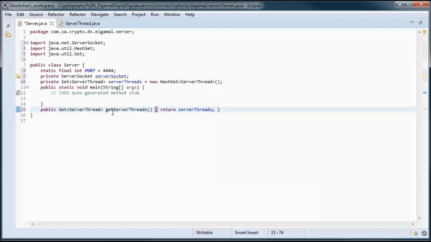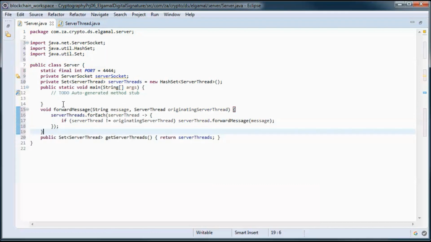And we will have this get method for the set, and this method does the message forwarding from Alice to Bob or the other way around. So it uses the forward message method on the server thread.